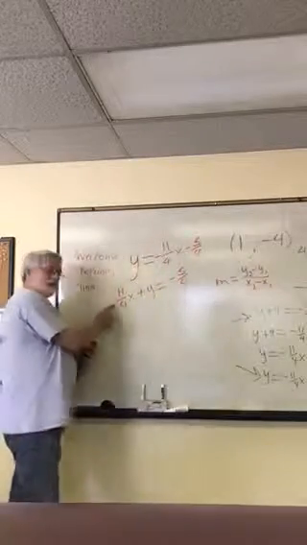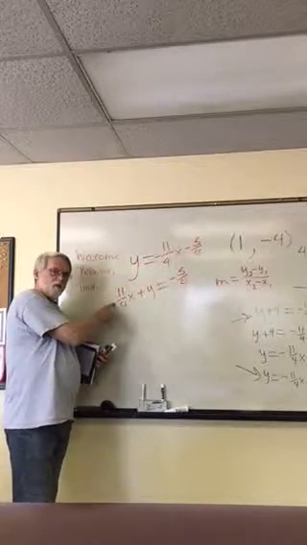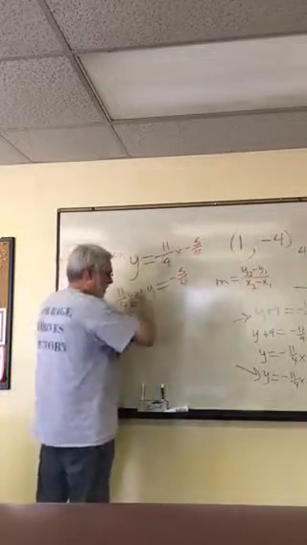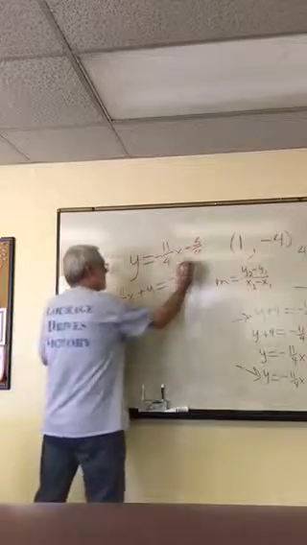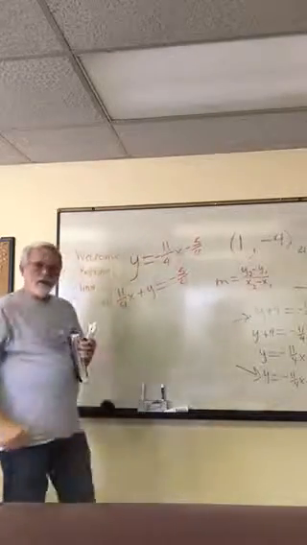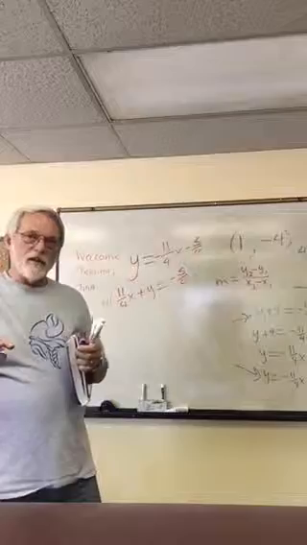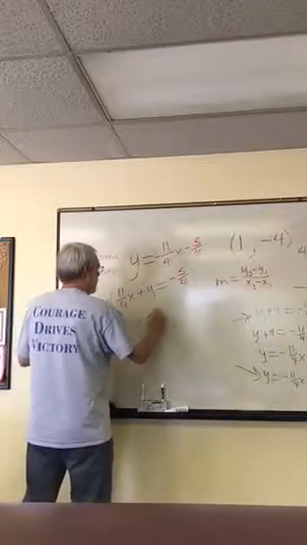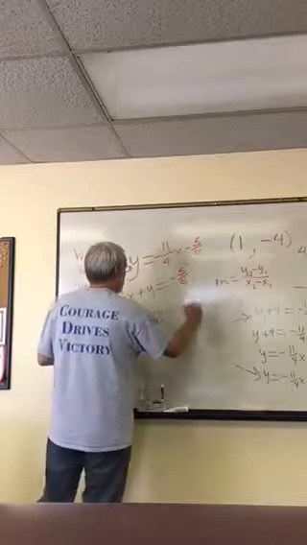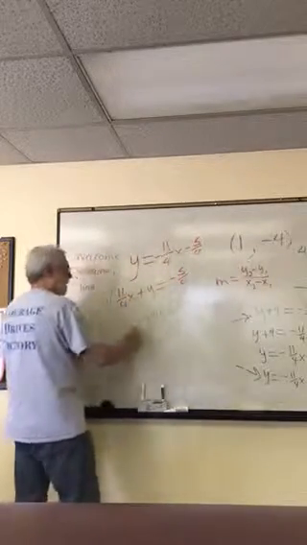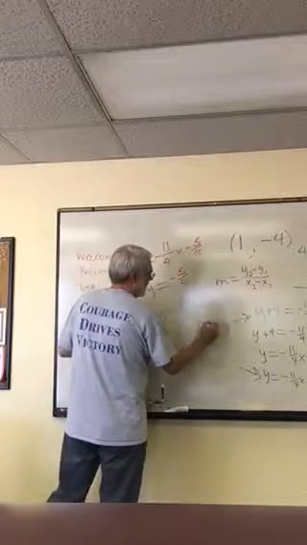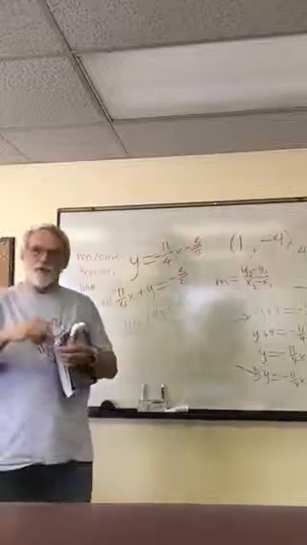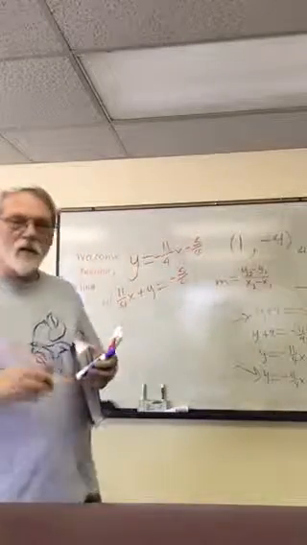Well, positive, so we don't have to worry about that. But what we're going to do is multiply through by 4, which will eliminate the denominators. We'll end up with 11x plus 4y equals -5. So we now have the equation in 3 forms, given the 2 points, 1, -4,